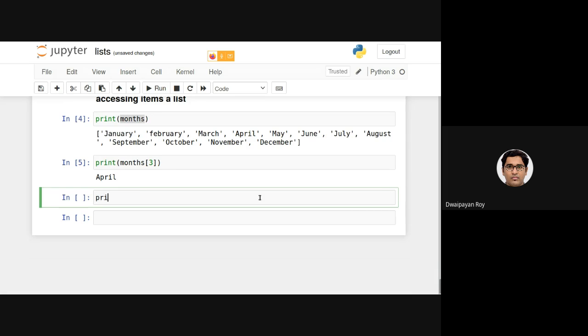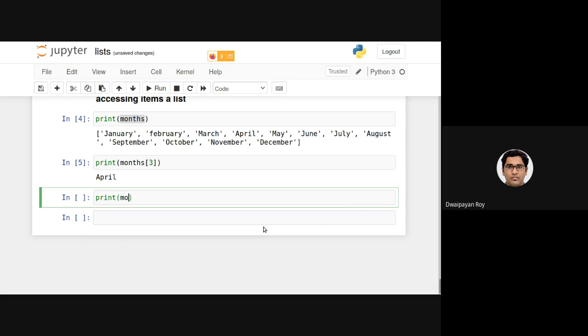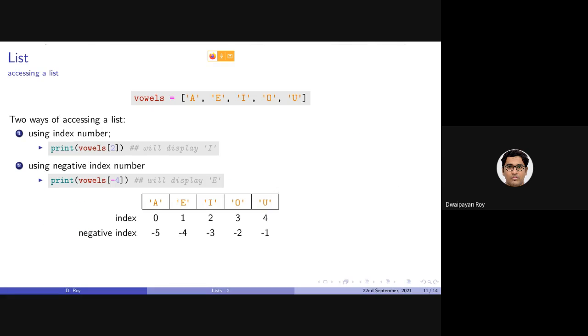One way is using the negative index value. In this case, there are 5 items, so the last item will be at the 4th position, or index value 4, or using the negative index value -1. So if I want to access the last item, I just need to provide -1, which will basically be the last value, right?